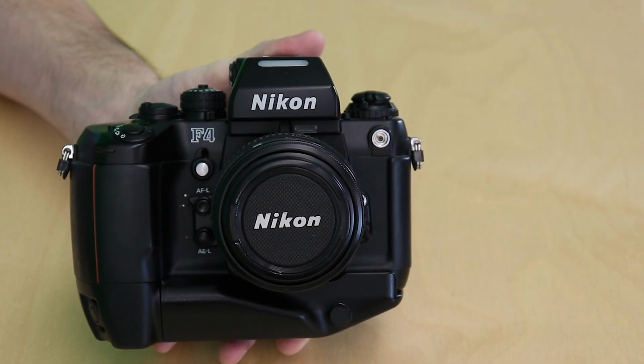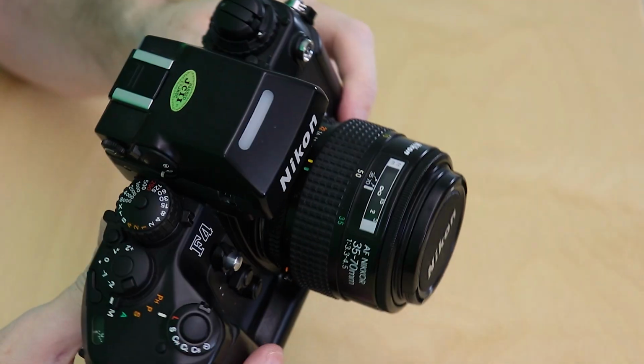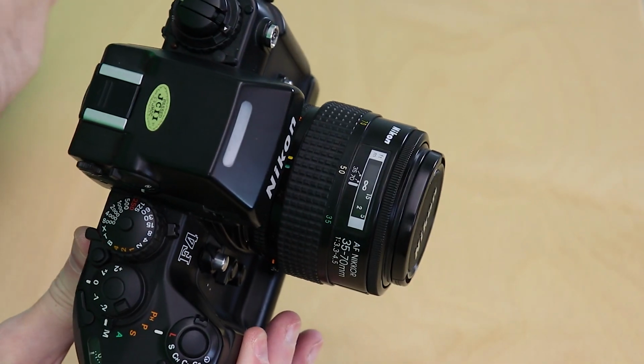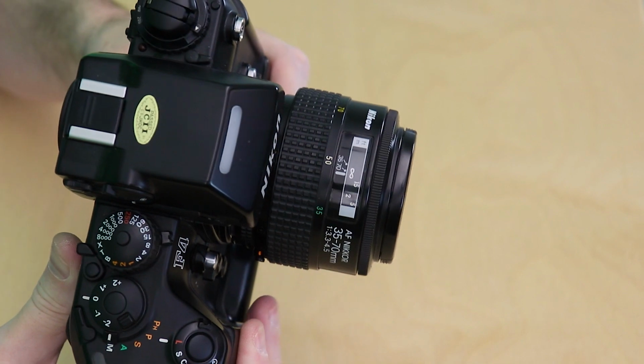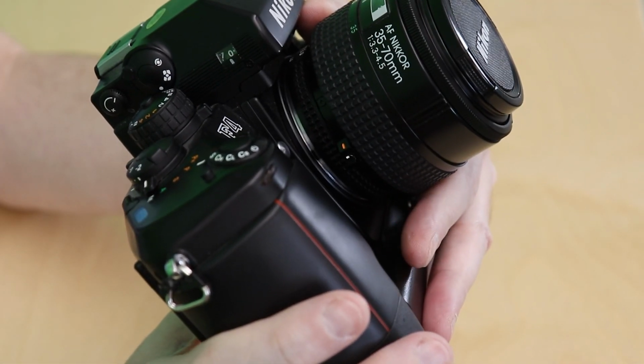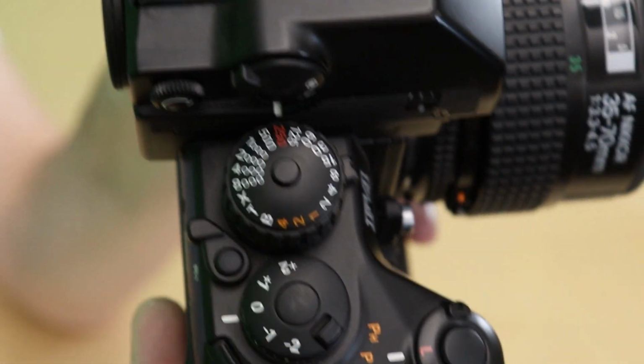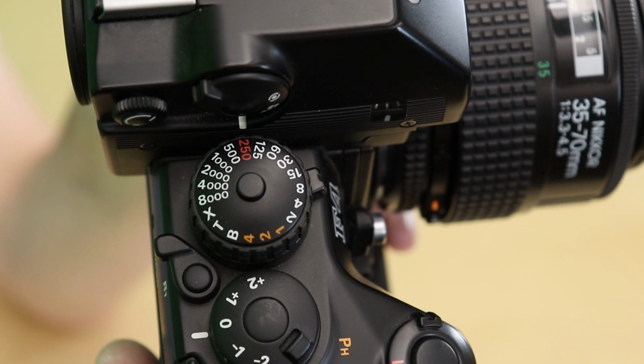First, let's talk about the good. The F4 is Nikon's top-of-the-line body, and it is full of pro features and easy-to-reach dials with all of the settings that you would need for any situation. The Nikon F4 is Nikon's first professional autofocus body. Nikon kept the timed exposure mode on the shutter speed dial, and it goes all the way up to 1/8000th